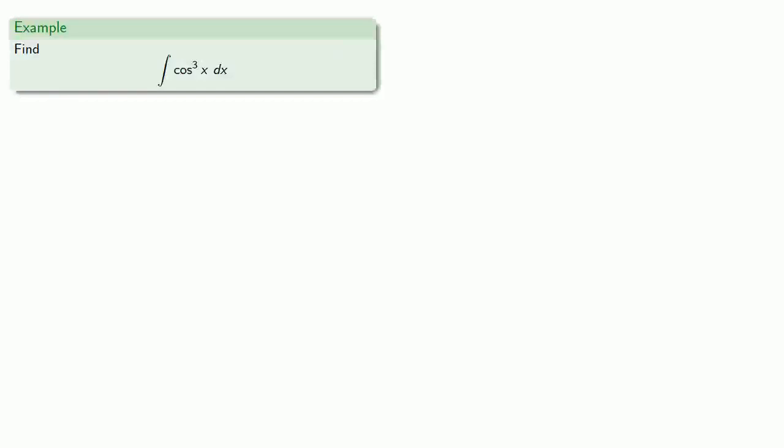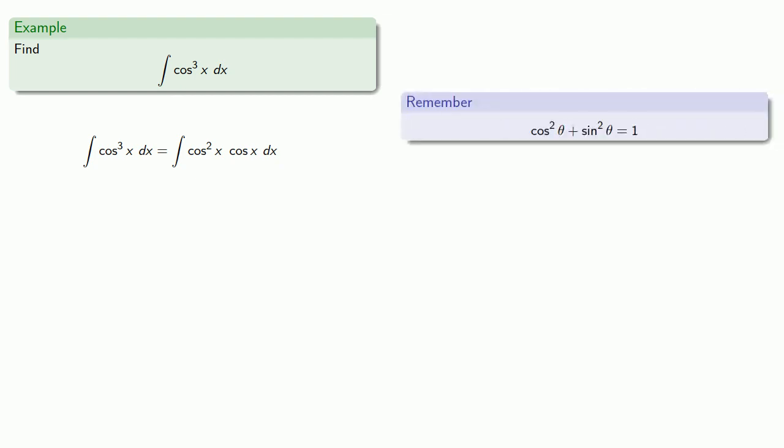For example, suppose we want to find the integral of cosine cubed x dx. So if we remove a factor of cosine, we can rewrite the remainder using the trigonometric identity cosine squared plus sine squared equals 1. And so cosine squared x can be rewritten as,